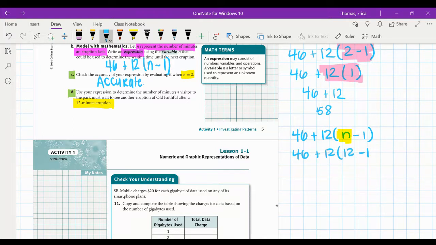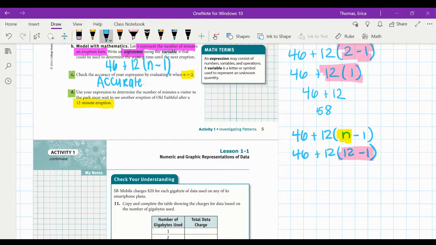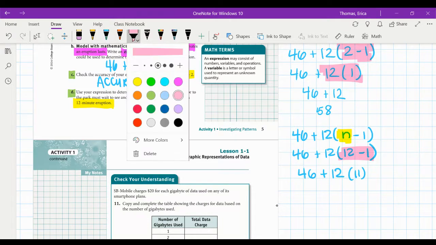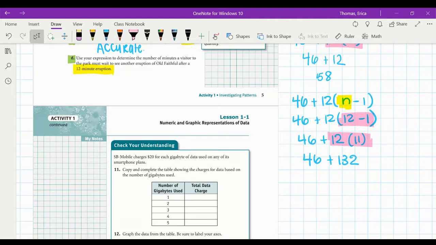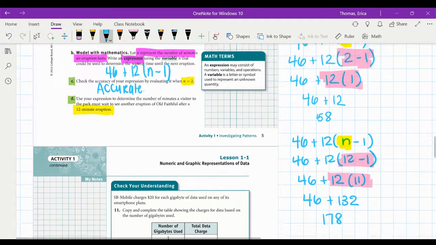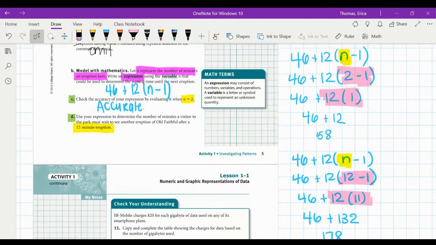Notice that doesn't mean I get rid of the other 12. That stays. Now I'm going to follow my order of operations. 12 minus 1, 11. Follow my order of operations. I'm doing this multiplication next. So 12 times 11 gives us 132. And then add those up, and we get 178. So how long the park